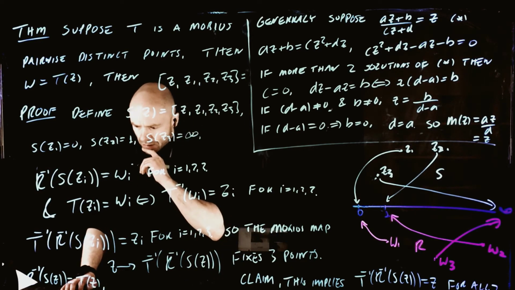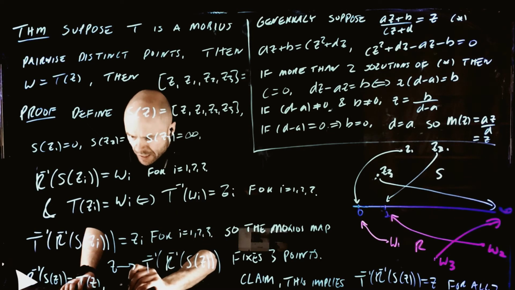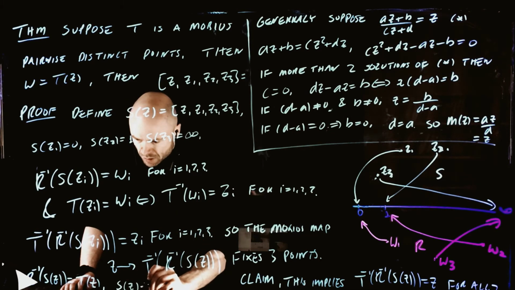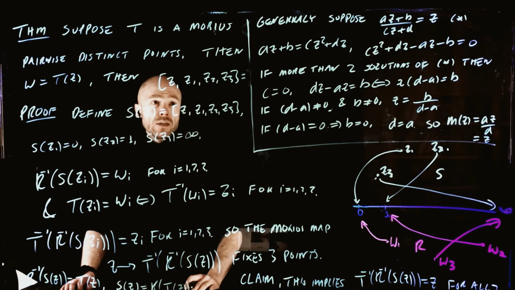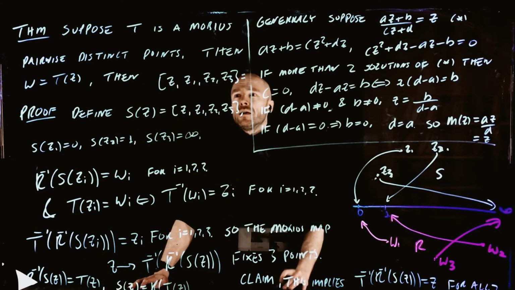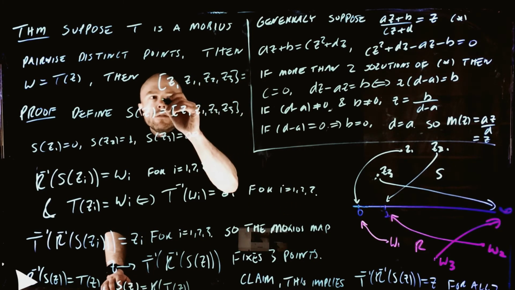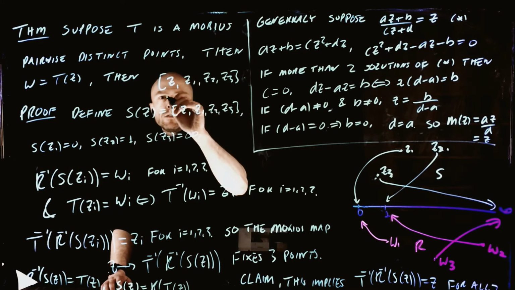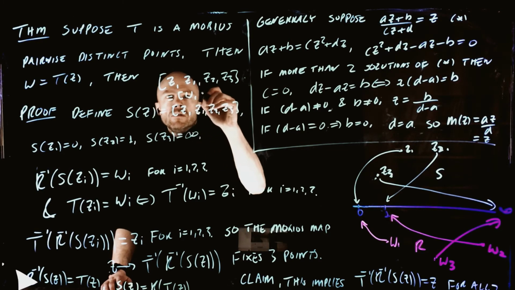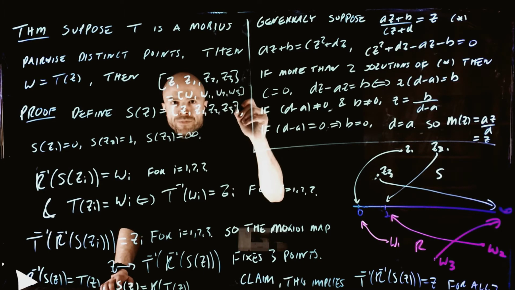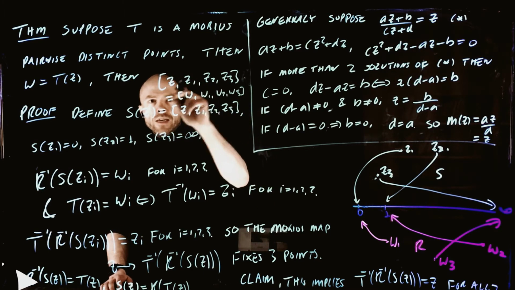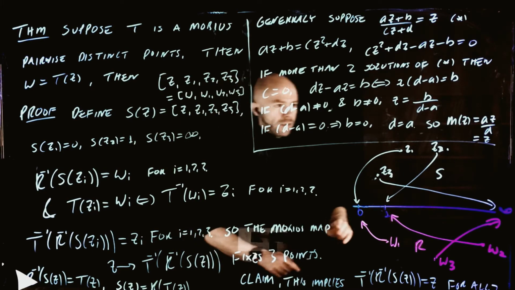And then let us rewrite that as S of Z is equal to R of T of Z, and that's exactly what we want. Oh, I've erased the statement of the theorem. So the statement of the theorem was this, right? That this is W, W1, W2, W3, right? And this guy here, so rewriting the statement of the theorem,